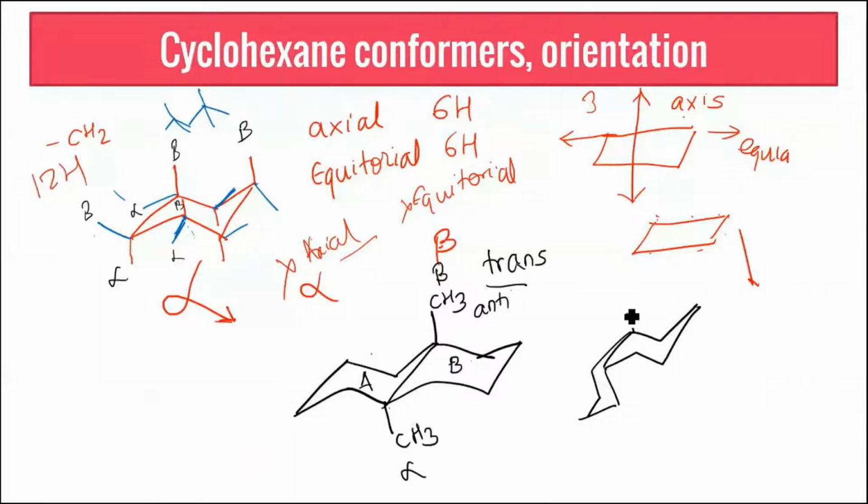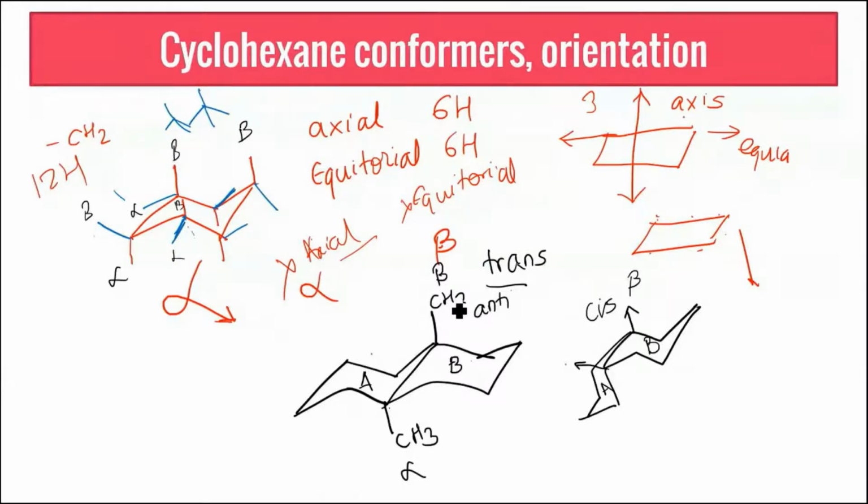Here I have this axial bond facing above the plane. This is your axial bond again for this ring. So if I draw the axial bond here, this axial bond and this axial bond, both of them are facing above the ring, above the plane of this structure. And therefore this arrangement is known as a cis arrangement, where both the axial bonds are facing above the plane. That means both of them are beta. Here one of them is alpha, one of them is beta. So this is your arrangement when I have ring A and ring B of steroids. Both the bonds above would be cis. Both the bonds anti to each other would give me trans.